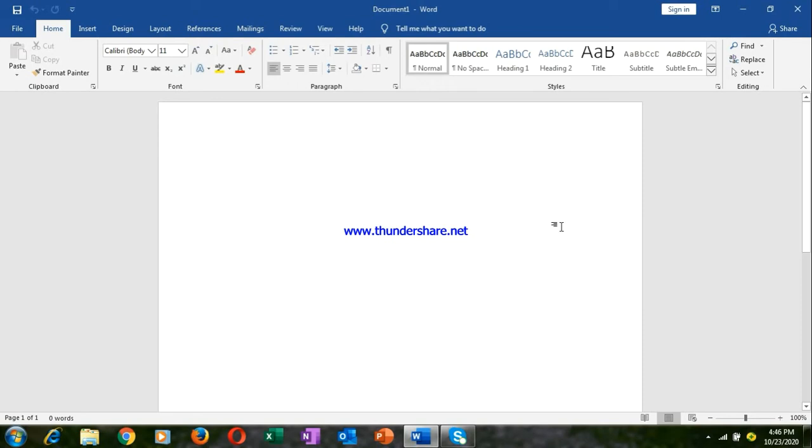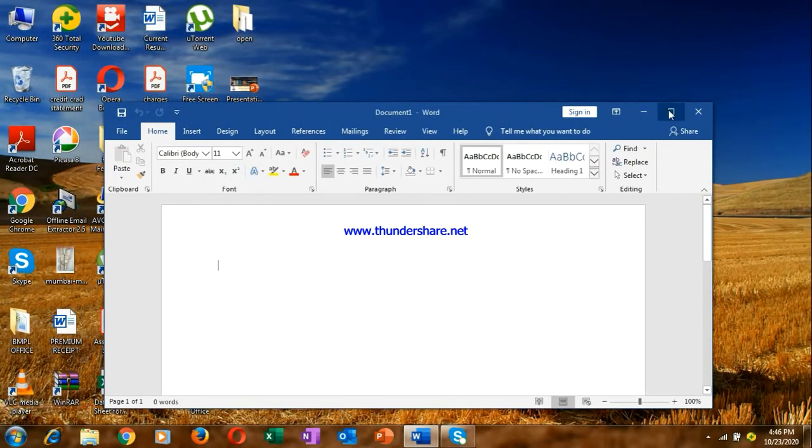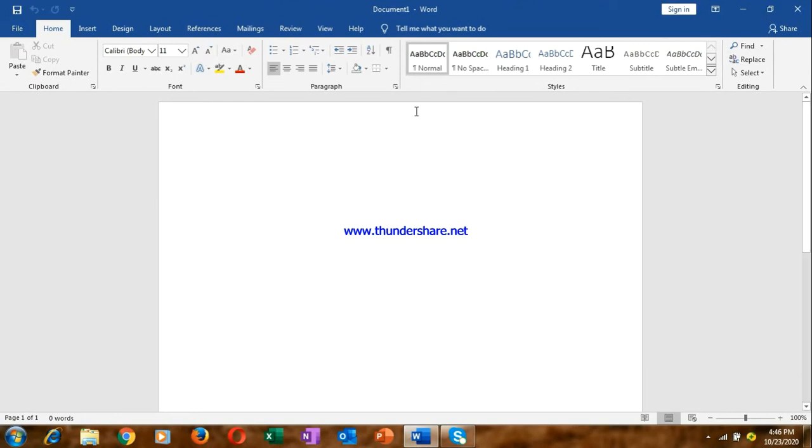These are the things you should know before using Word. This is the document window, these are the tabs above, and here is the title bar. This is called the quick access bar. This is the minimize button, maximize button, and close button. Above is the horizontal ruler, and on this side is the vertical ruler. So now you understand the main things of Word.